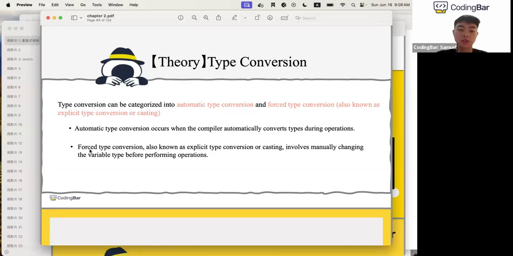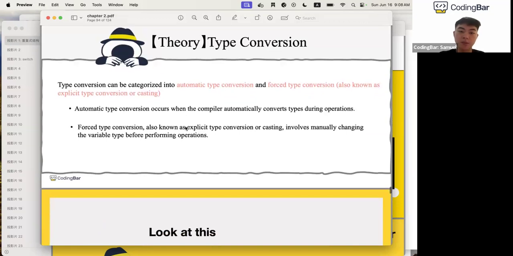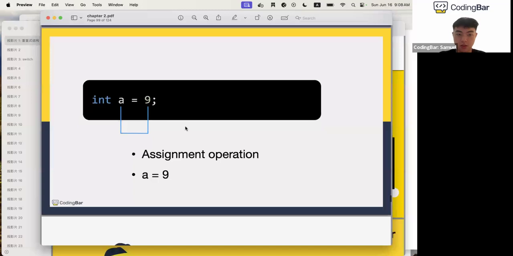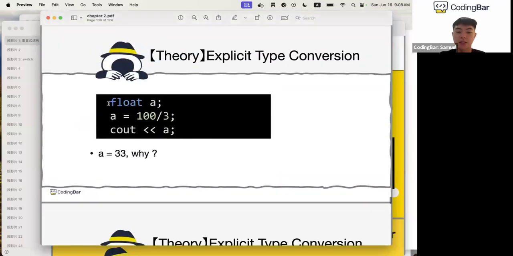And there is another type which is called forced type conversion, or explicit type conversion, or typecasting. For this type of type conversion, we actually write the code by ourselves. We manually convert the type of the variable. So this is performed by us. There's a sample for this. For example,